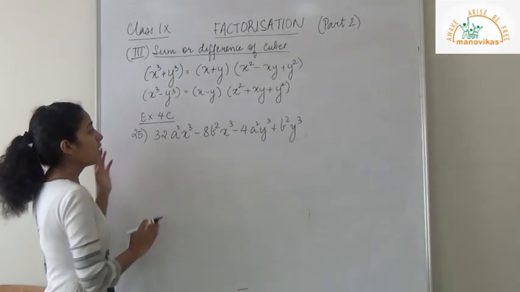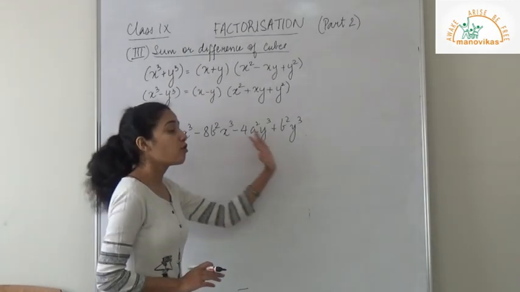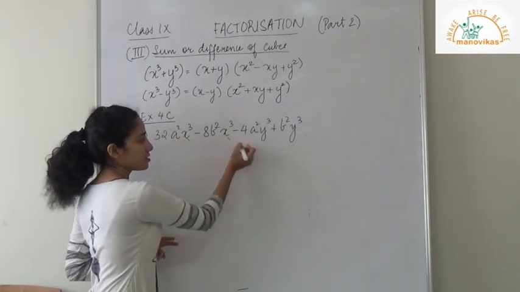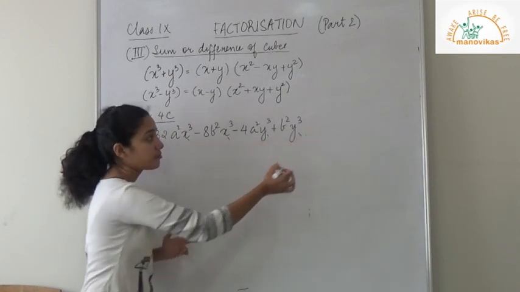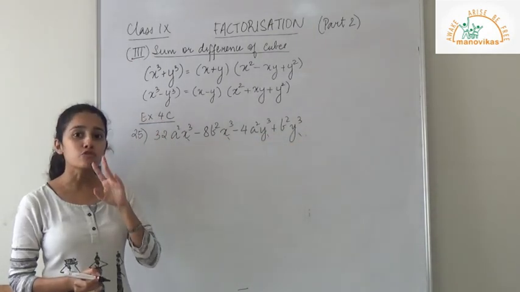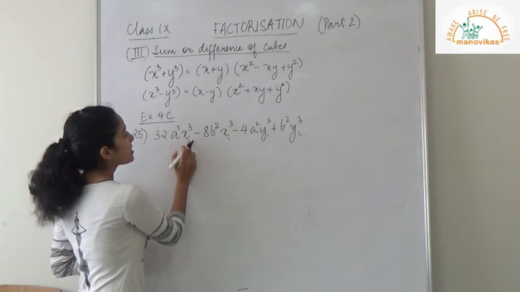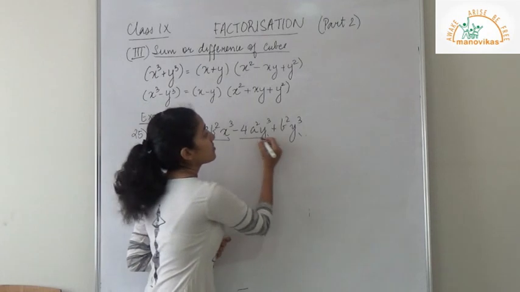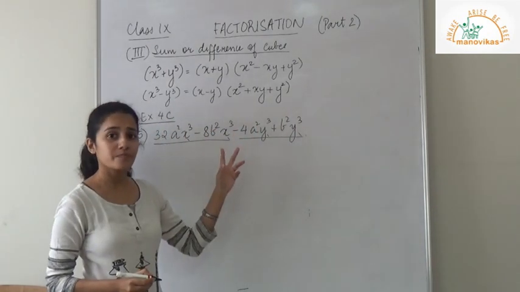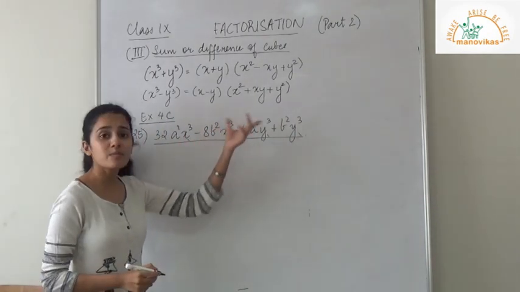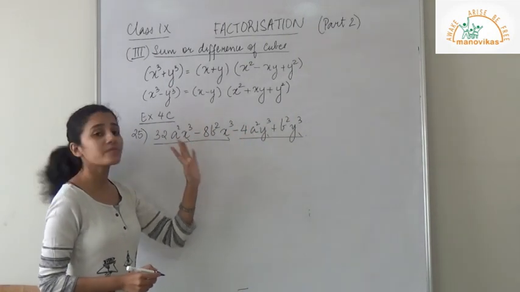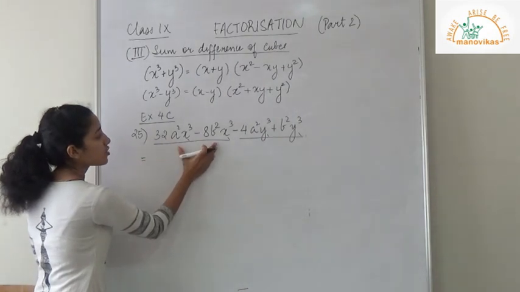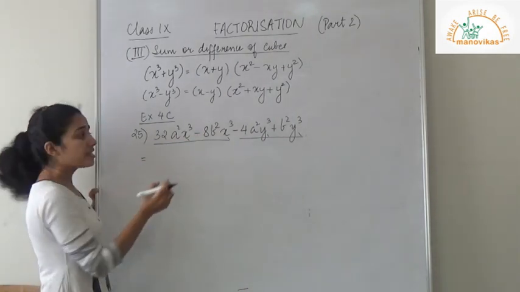Number 25. Note that in this problem there are 4 terms and there are 4 cube terms, that is x cube, y cube, y cube. So we will be grouping them into 2 groups such that you can take one x cube common in this group, and from this group I can take a y cube common, because we see that there are 4 terms, of which 2 terms are repeated, they are written 4 times. So from this group, what can be taken out common besides x cube is the number.